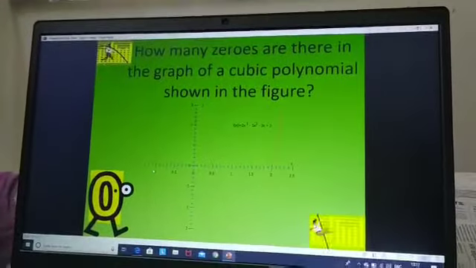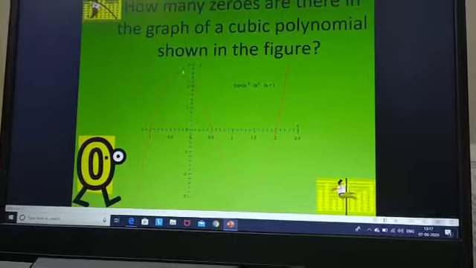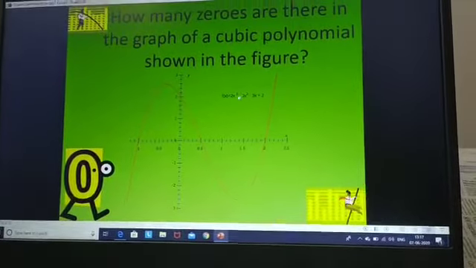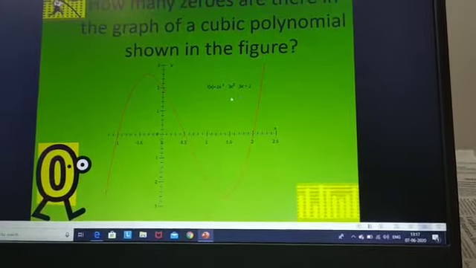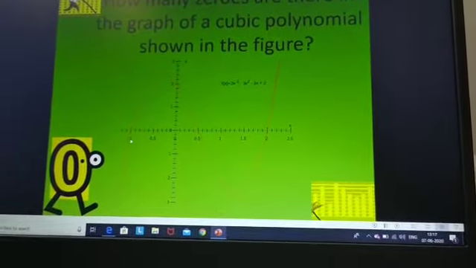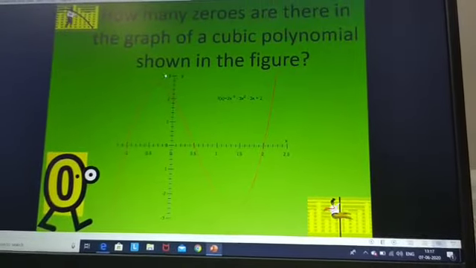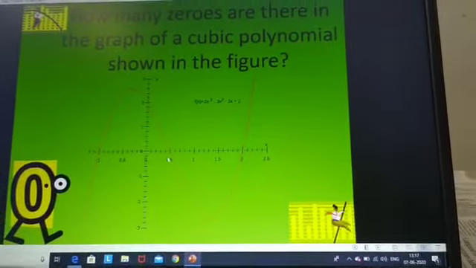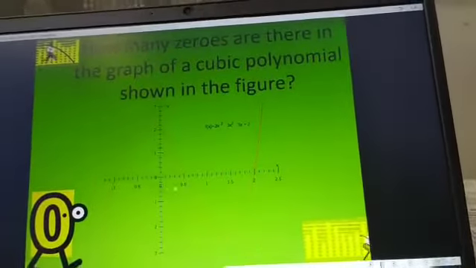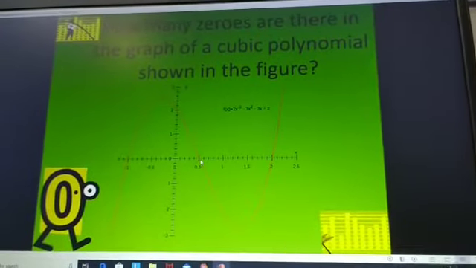So this point minus 1, 0, the x value minus 1, has the capacity to make this entire third degree or cubic polynomial expression 0. So you can confidently say that minus 1, 0 is a zero for this cubic polynomial. Now on the y-axis also it is touching, but we don't have to bother about y-axis points. Now again coming down, we can see here towards the positive direction of the x-axis, the graph touches at 0.5.